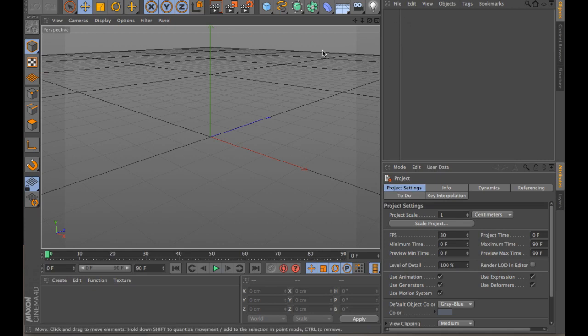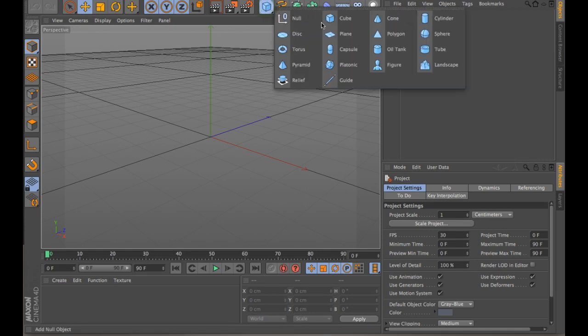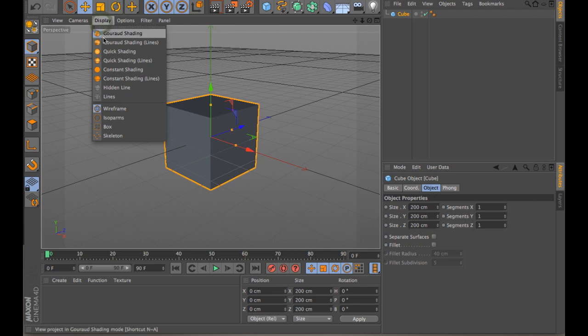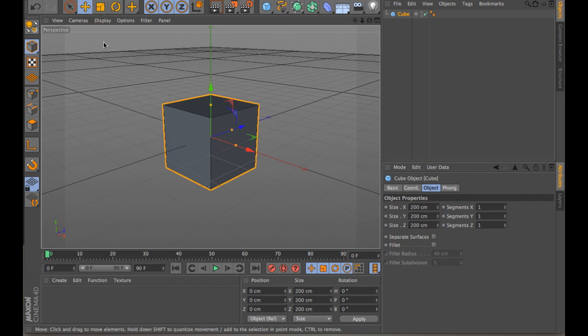Okay, so let's plop a cube into our scene. Also, if you don't see any of the lines, go up to Display and hit the second option, which is the grid shading lines, so you can see the lines. Now what we want to do with this is subdivide the cube into at least 3 different